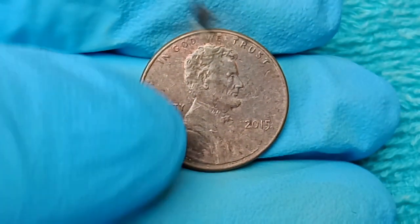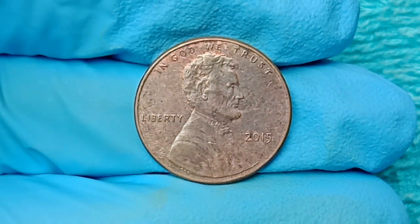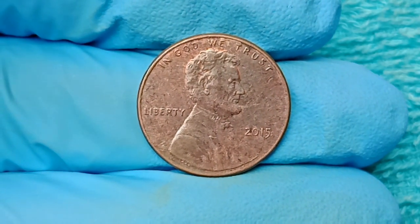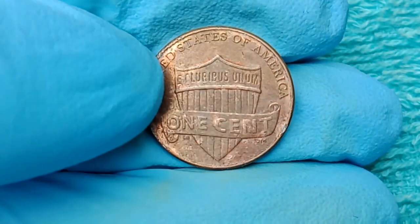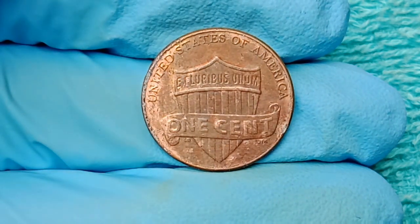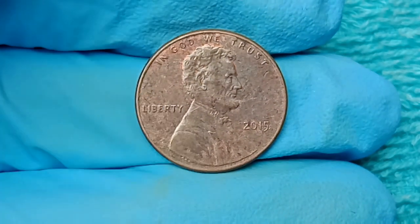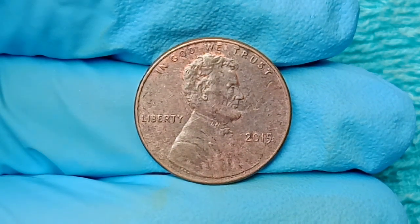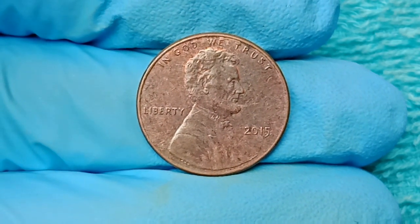And the path that brought this coin to such unimaginable heights of worth is both complex and fascinating, starting with its production during a year that was intended to be routine at the U.S. mints but turned out to be anything but, because in 2015 the U.S. Mint experienced a series of technological upgrades to their coin-striking presses, die maintenance protocols, and planchet sourcing contracts, all of which resulted in an unexpected number of production inconsistencies, and while most were caught through internal quality control checks, a very small batch of 2015 Lincoln cents made their way into circulation bearing a combination of errors so dramatic and so visually striking that they've captured the imagination and intense interest of collectors and investors alike,